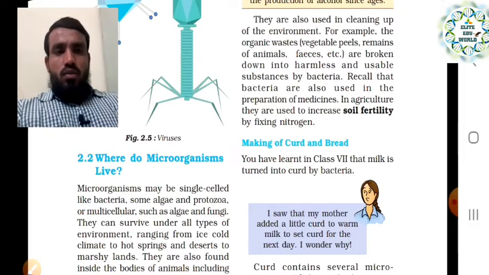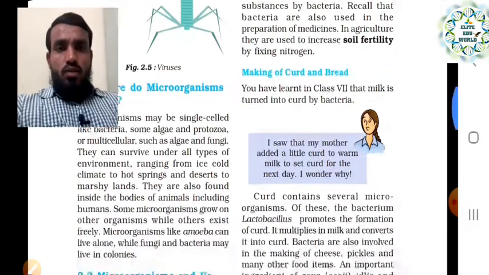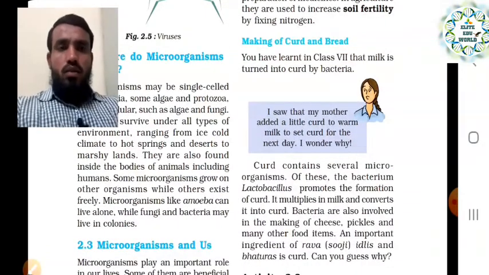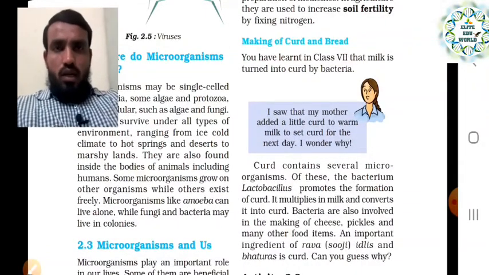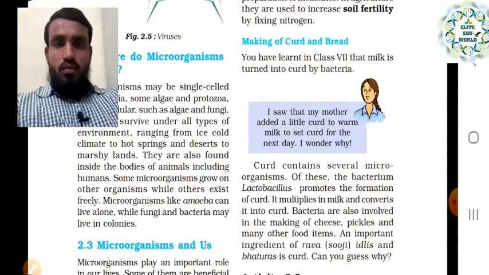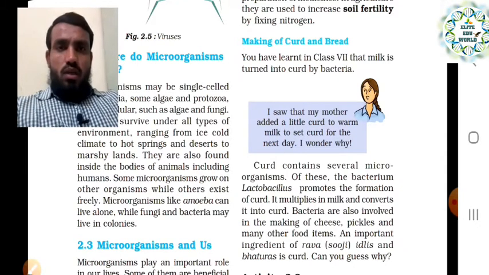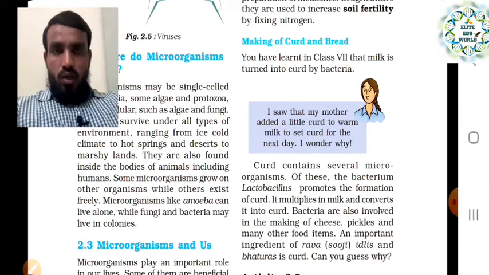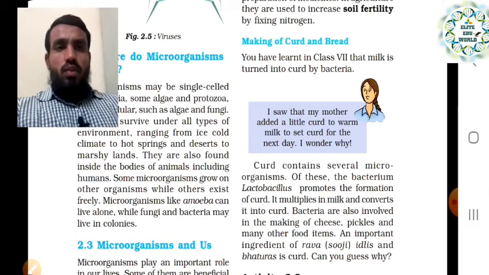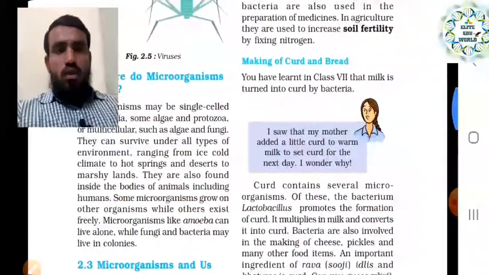Then we have seen where the microorganisms are actually living. Everywhere around us microorganisms are living, whenever they get a favorable temperature and the required humidity, temperature, air, and food, they will start growing. That is why we have seen examples of microorganisms that are beneficial for us. So we have seen here the example of